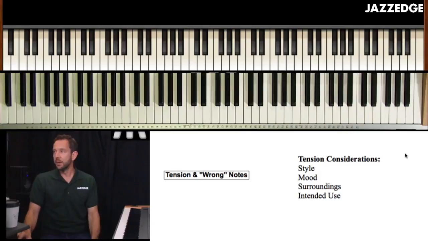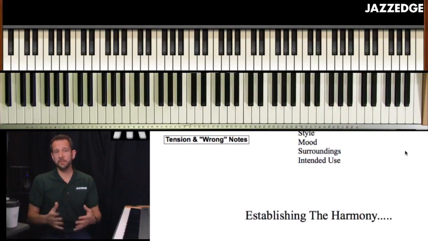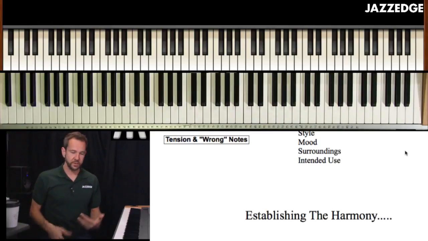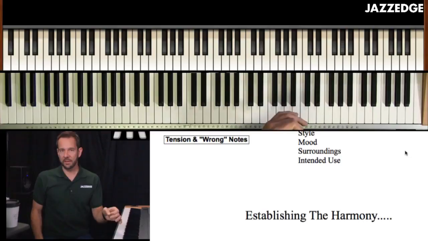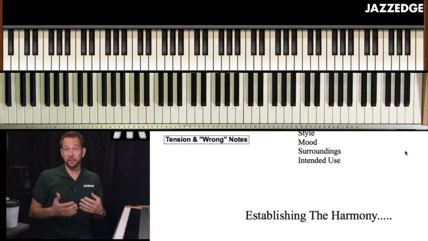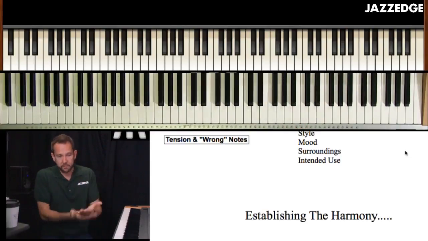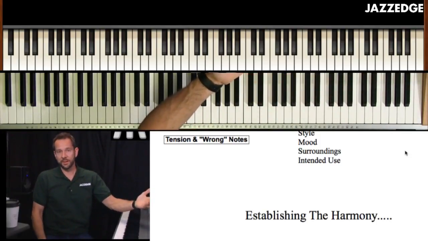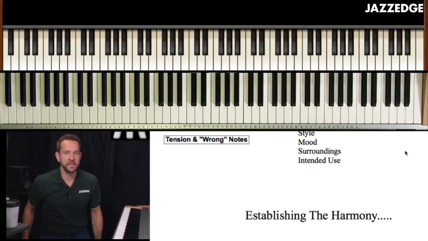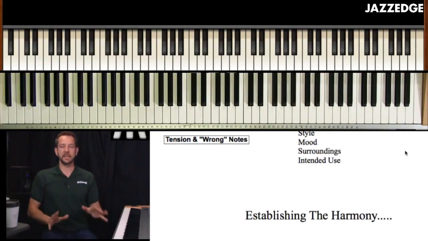Okay, so moving on, the first thing we need to do is establish our harmony. Anytime we're going to improvise, we want to make sure that the harmony is clearly outlined, all right? Because at first you might be thinking, okay, that means I played the correct scale that goes along with the chord, right? Now, I'm not going to get into chord scale theory, at least not too much today,